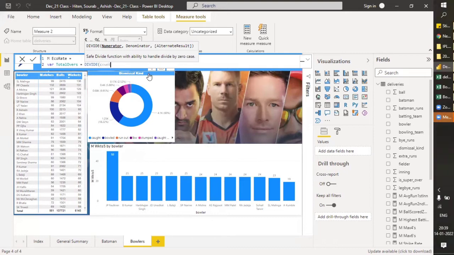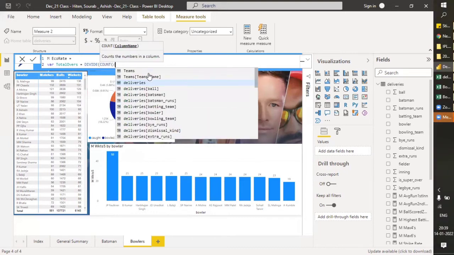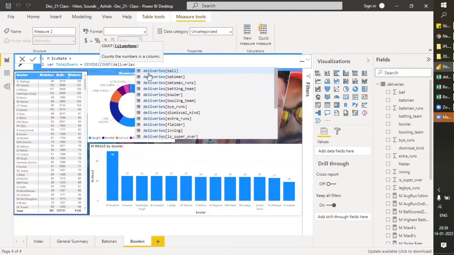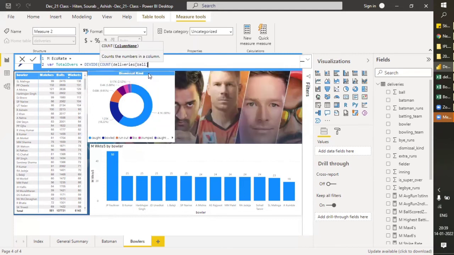We will count the deliveries and balls. The portion of the DAX which I have just highlighted will count the number of balls the bowler has bowled throughout his IPL career. Okay, this part is clear.